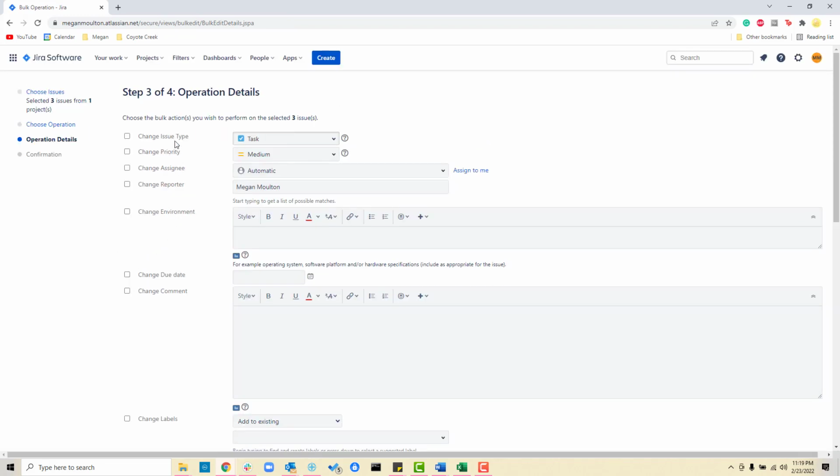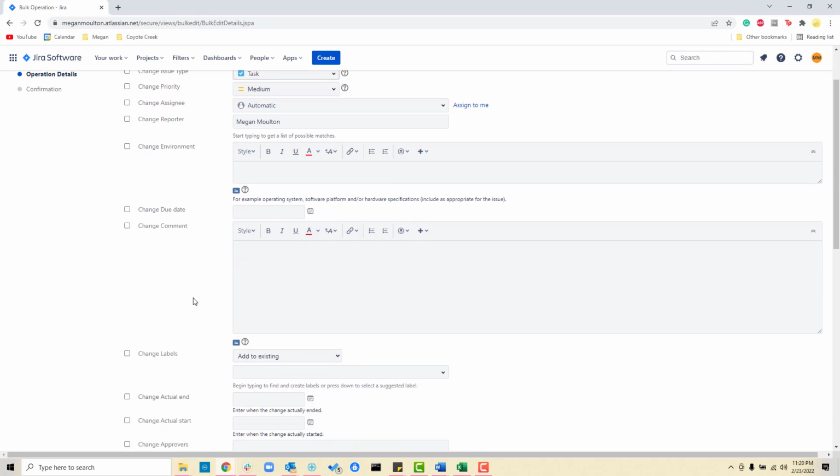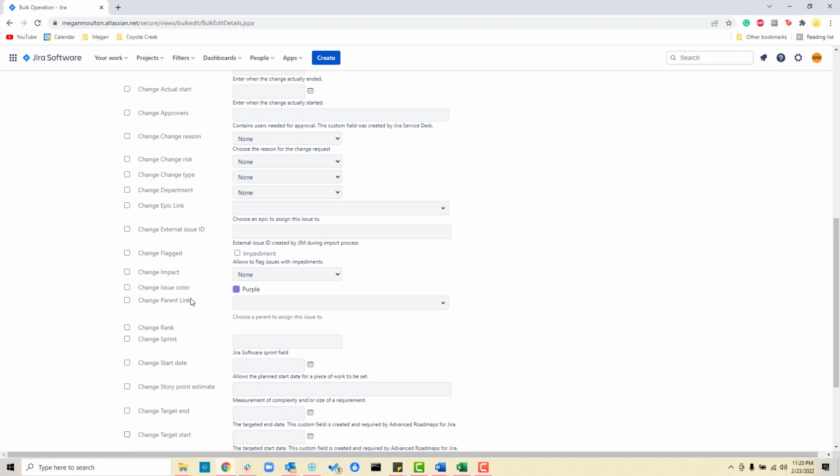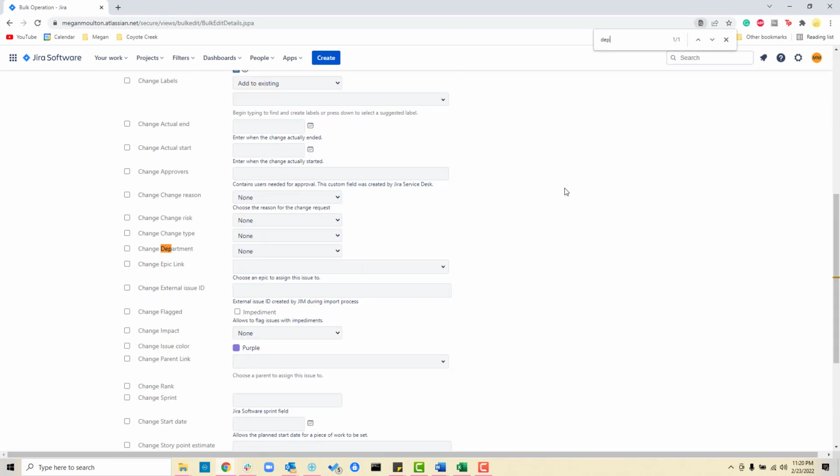Now that I'm here, I'm going to locate the field that I want to change. Now please note, this will include all fields available in Jira, not just those available in the issues. Here I'm going to go down and find my department option. If I can't find it, I can do Control F on Chrome or another tab and locate the department field I'd like. Select the checkbox here, and then here in the dropdown, I'm going to select which value I'd like to change